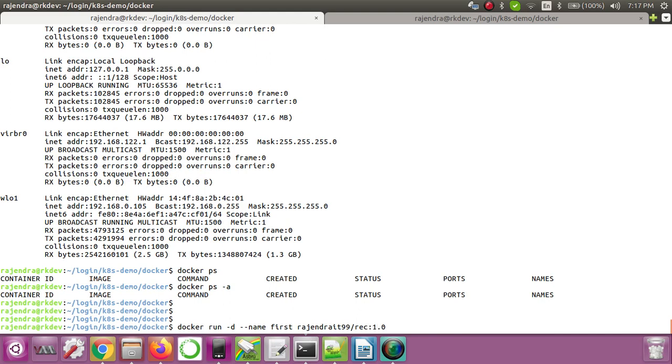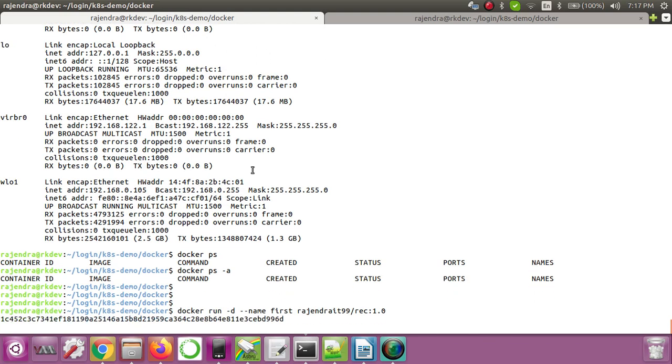Okay, so if I don't give the tag here, it will try to search for the image with the tag latest. But we didn't provide the image tag as latest, so that's why we need to specifically provide the tag. Here the tag is 1.0, and I'm not providing any network for this container. Now if I run this, you can see that the container got created, but I didn't provide the network.